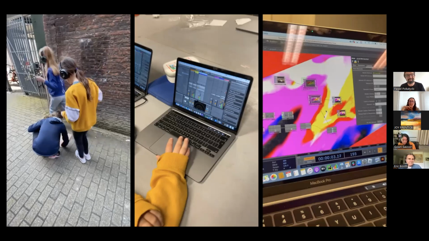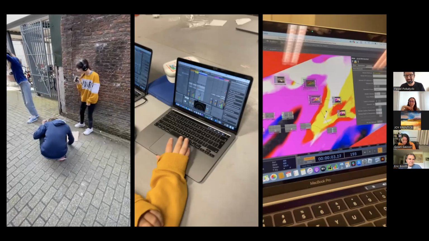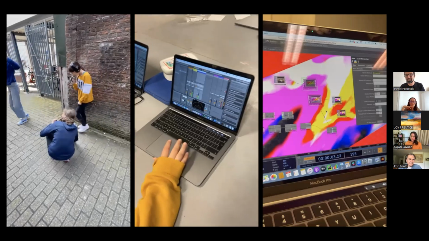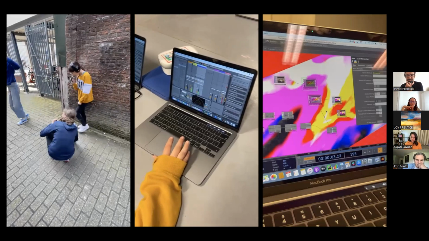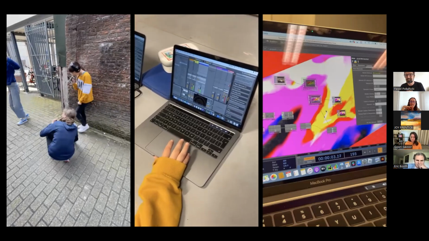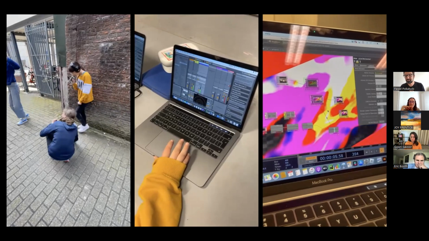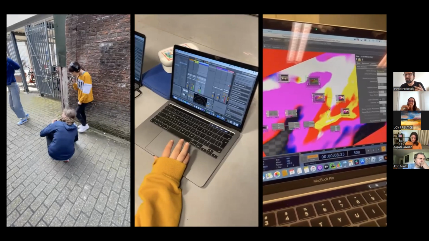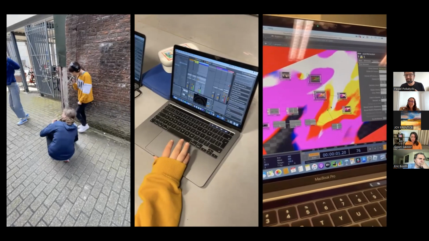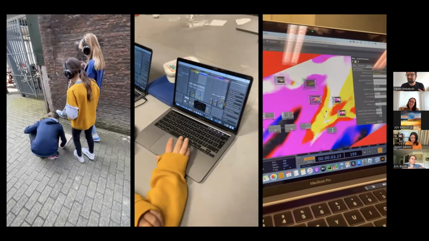So just a preview of snapshots from these. So in short, you can have an artwork that's also representing that type of information, that the artwork is driven by invisible or less visible forces around us, right?